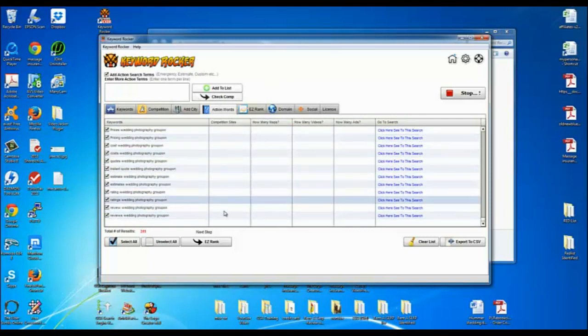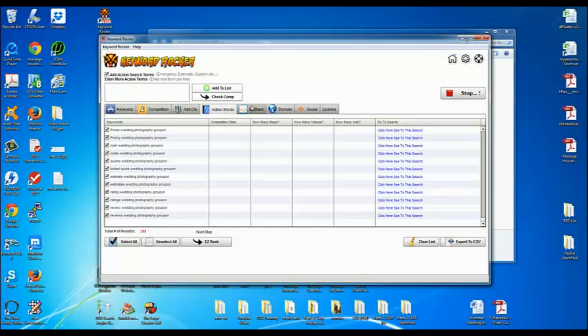So another thing to note is that one thing that Ben Littlefield and Dr. Dan, the two rock stars, mentioned is you can stop at any point in this process. There's many features, but technically, I could be done after I add city and check the local SEO competition. I could be done right there. I don't have to move on to action words.